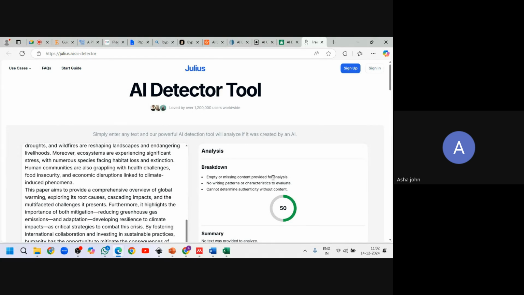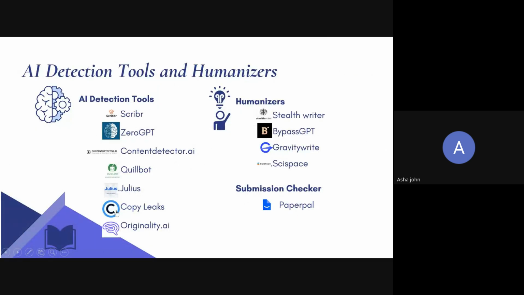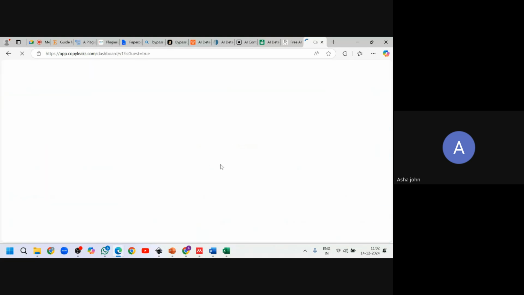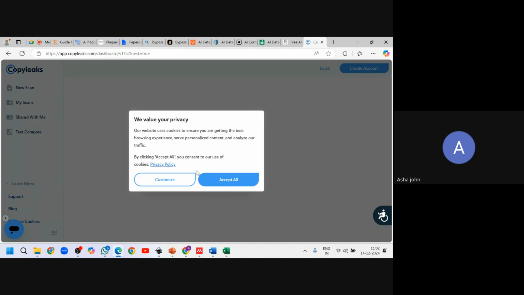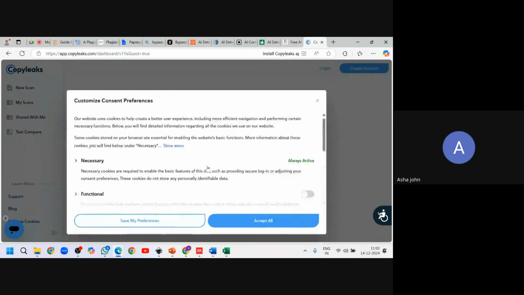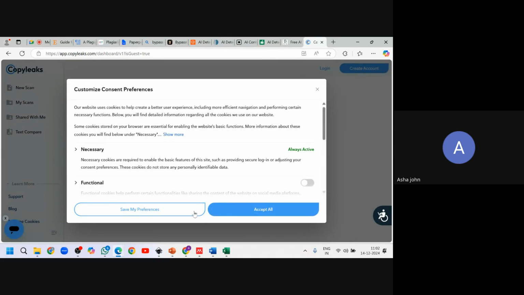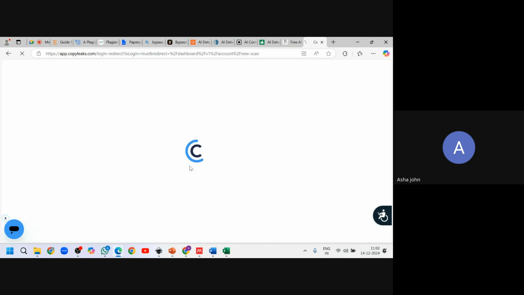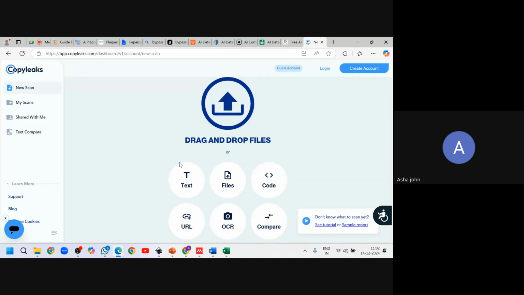It detected only 50%. Copyleaks. News scan.